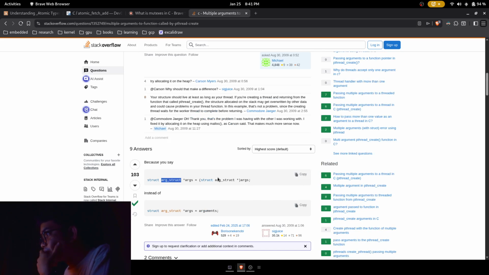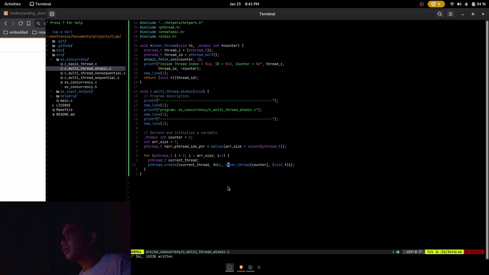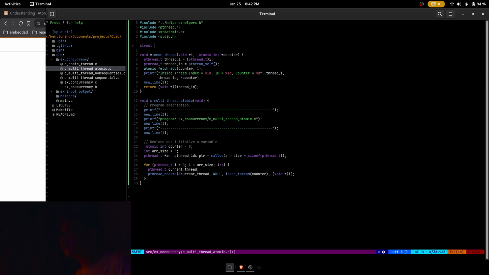Oh shit. So pointer to struct, arg struct. So what is an arg struct? Okay. So I need to create a structure here. Struct inner thread struct args, and then